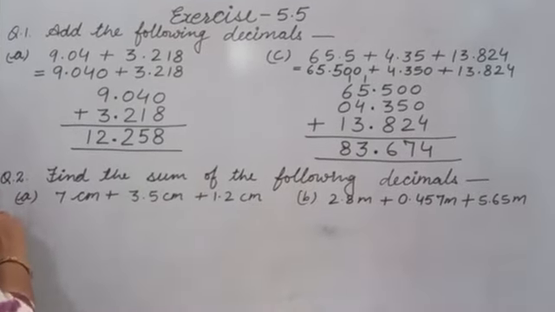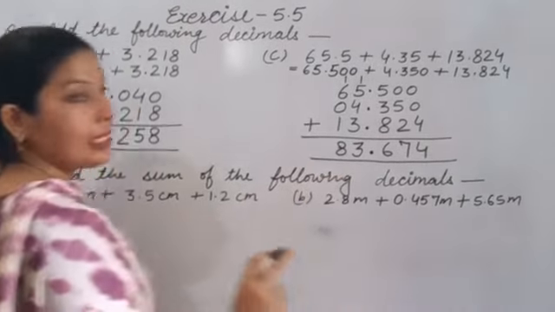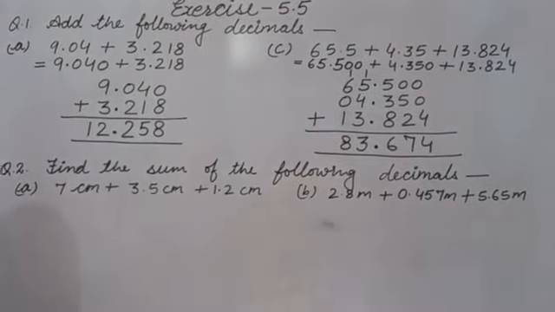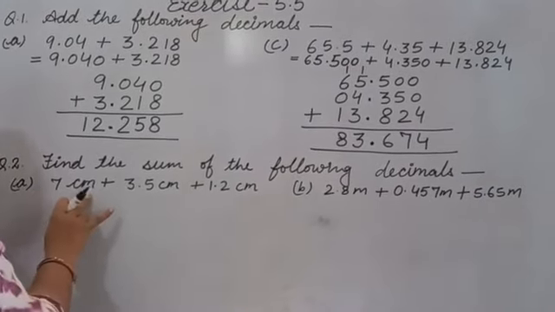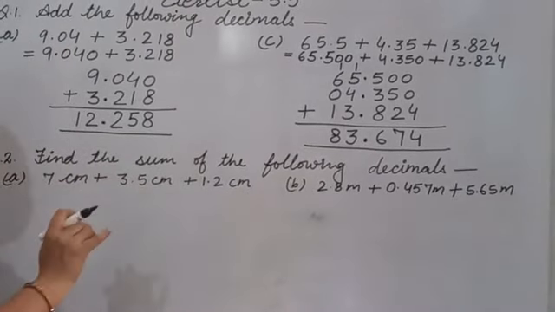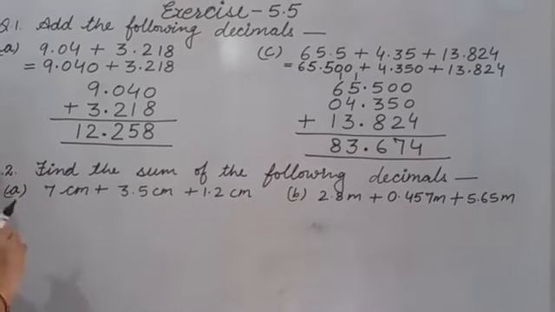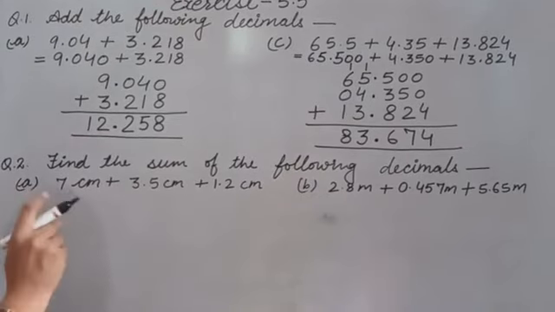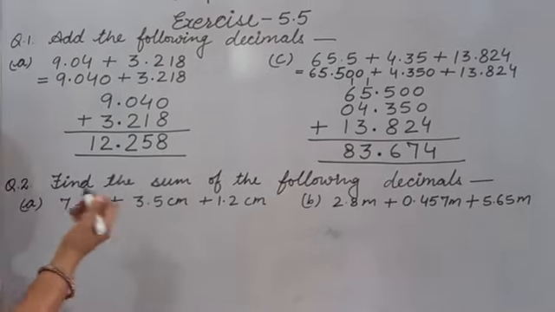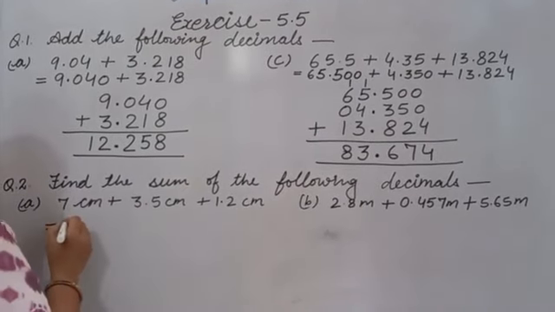Now question number 2. This is also same like question number 1. Find the sum of the following decimals. Here also you will do addition. Here also decimal numbers are given, you have to find their sum. So A part: 7 centimeter plus 3.5 centimeter plus 1.2 centimeter. Now we see that in the second and third number we have one decimal place, but in the first number there is no decimal place. So we should take one decimal place in this also. There is only a whole number, so in decimal we can put a 0. So firstly we will change that also into like decimals. So it becomes 7.0